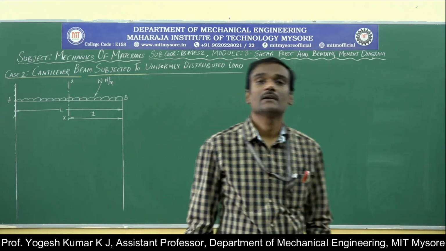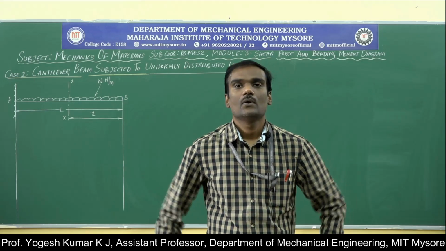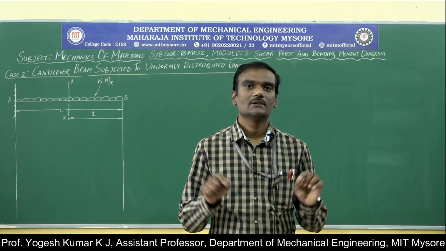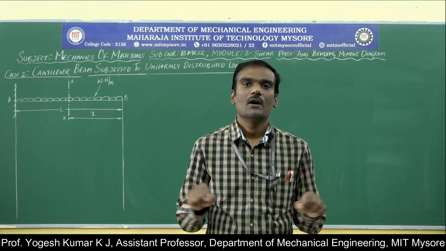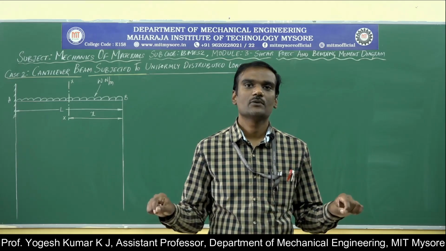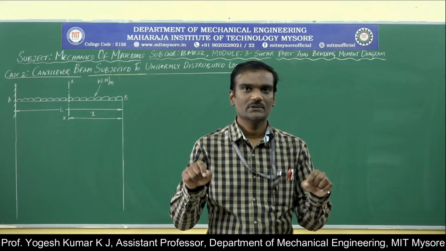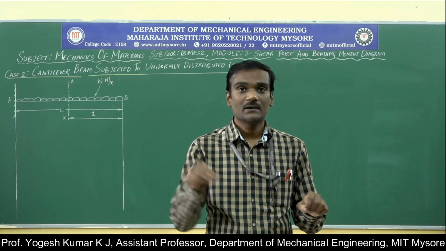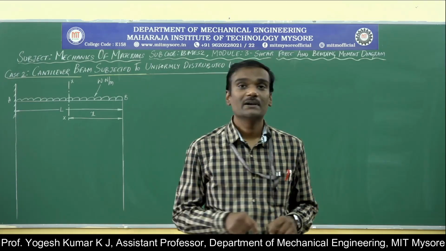Please carefully observe, this is not a point load case, it is a uniformly distributed load case. What is the meaning of uniformly distributed load? A uniformly distributed load is one where the loads are acting consistently on each and every location of the beam, or the load is uniformly spread over the span length of the beam. So the load W, in Newton, is spread over the entire length. That is the reason why we have W per unit length.